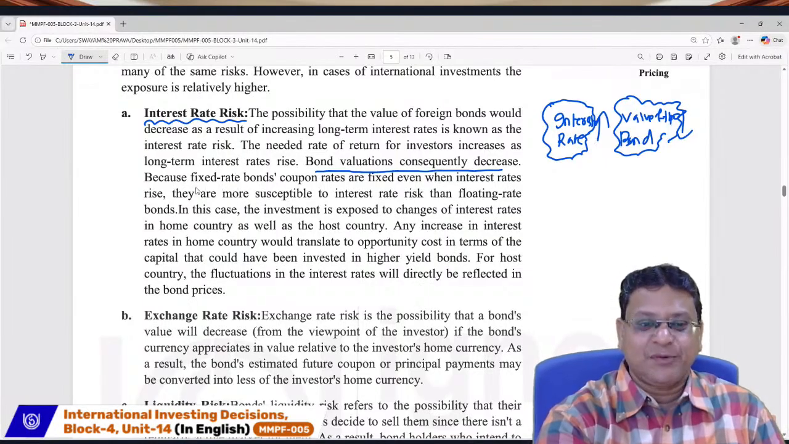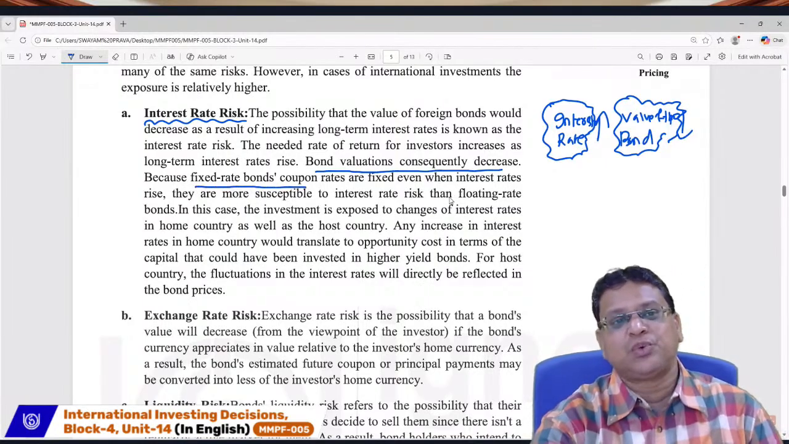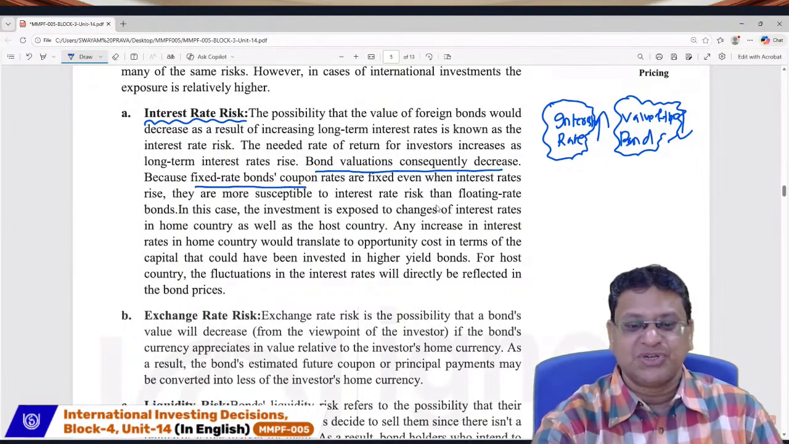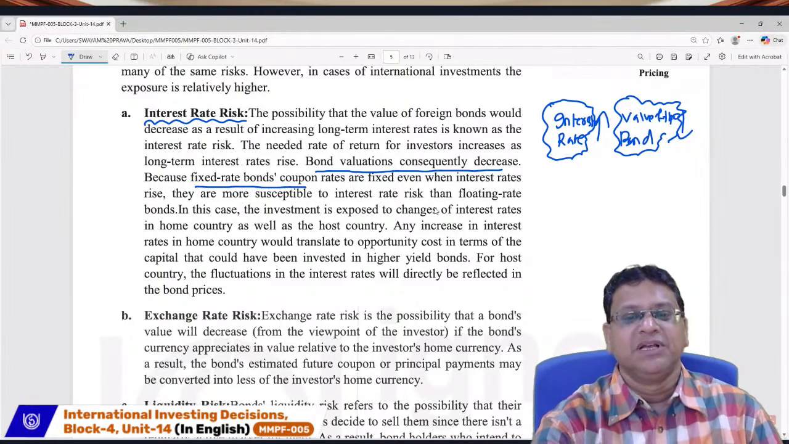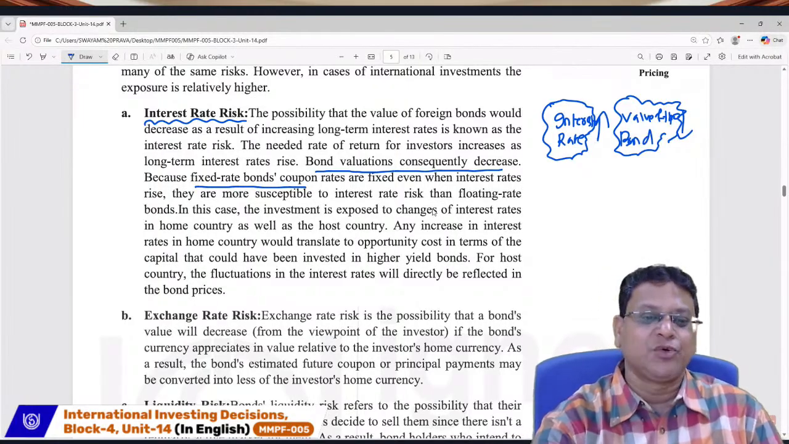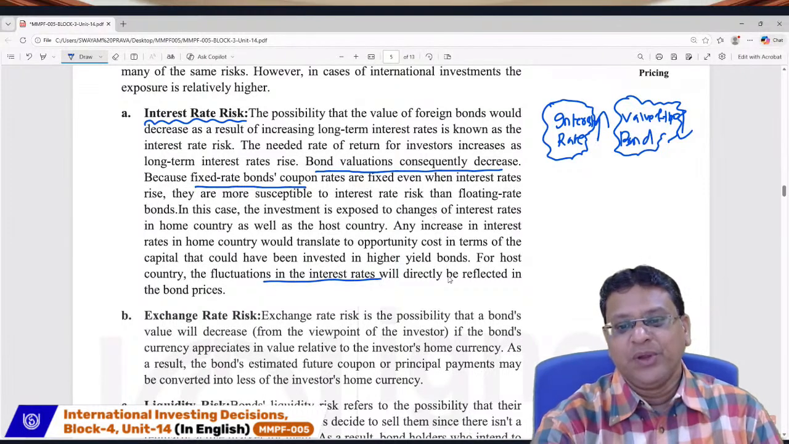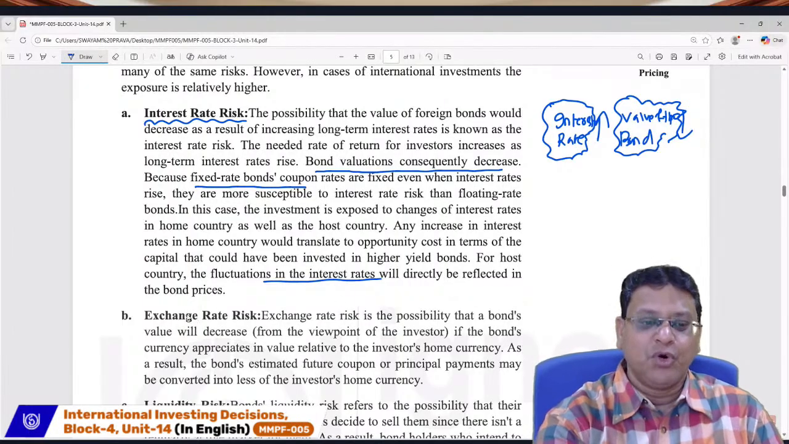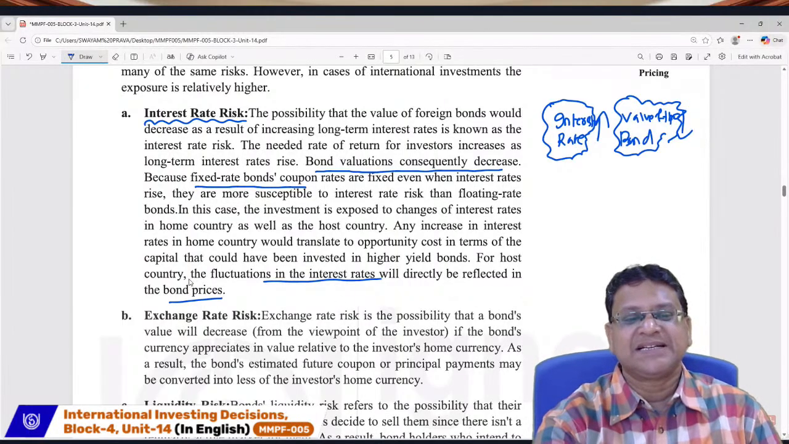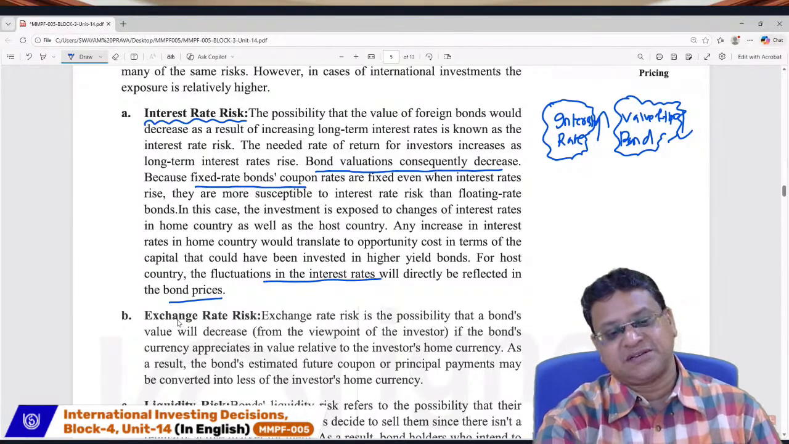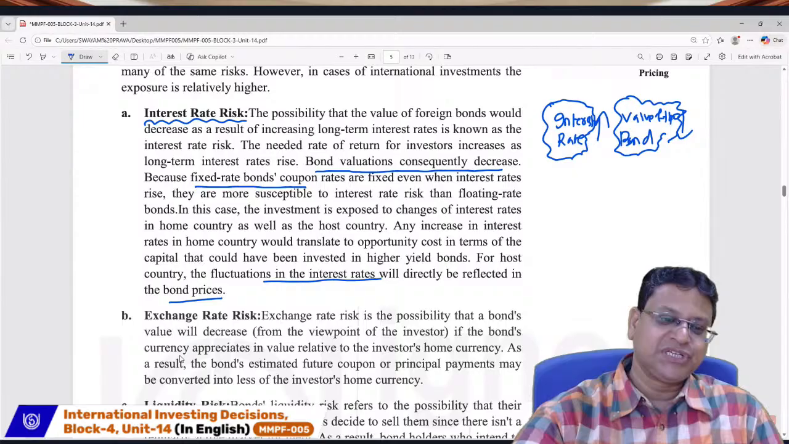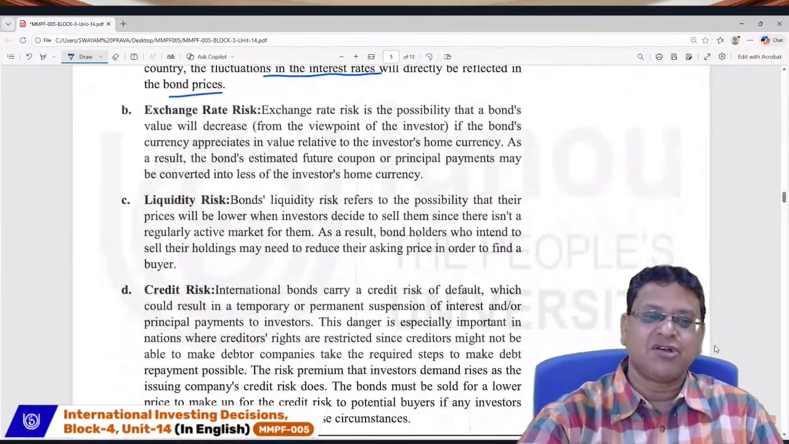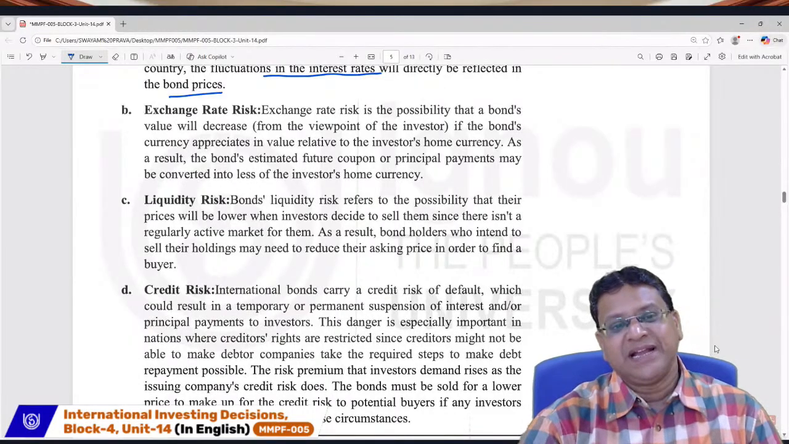Normally, fixed rate coupon bonds are subject to interest rate risk. But in case of floating rate coupon bonds, interest rate risk is minimum in comparison to fixed rate coupon bonds. Okay, so fluctuation of interest rate will affect the bond price, and this is known as interest rate risk or coupon risk. Second important risk, which exists in case of international portfolio investment or international bond investment, that is